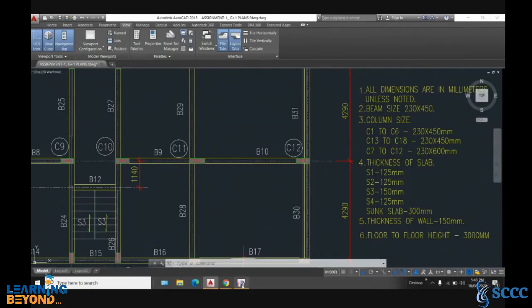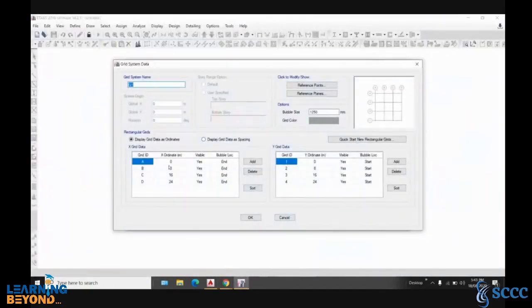Go to the ETAB model and click here for display grid data as spacing. The X spacing is in meters, so we go to 5.095. Then for B, it is 3.28. Then here 2.05, 2.05.